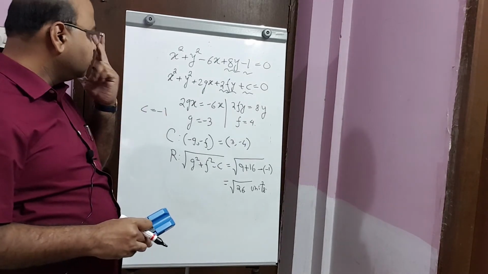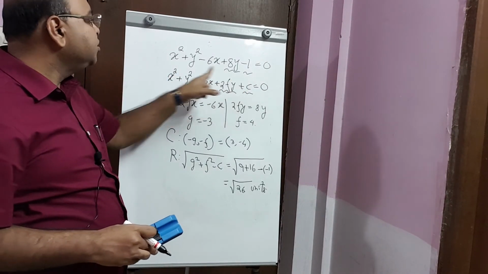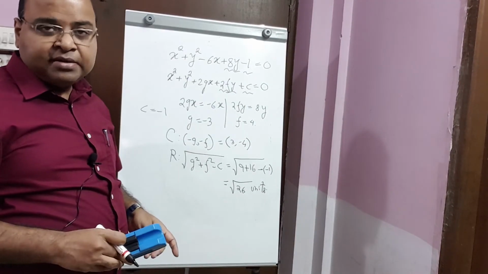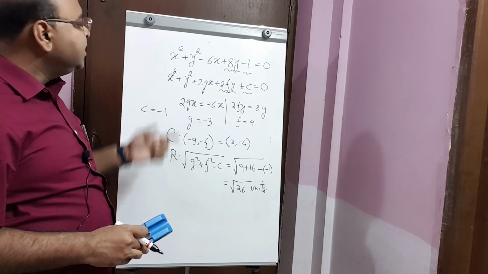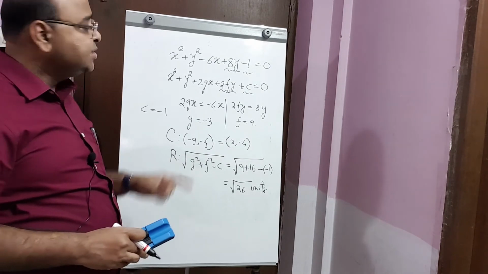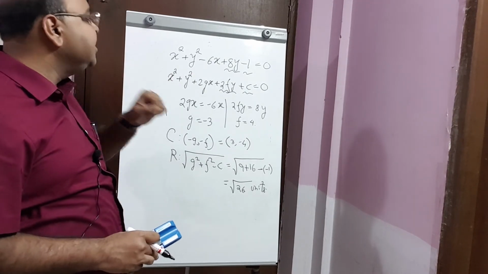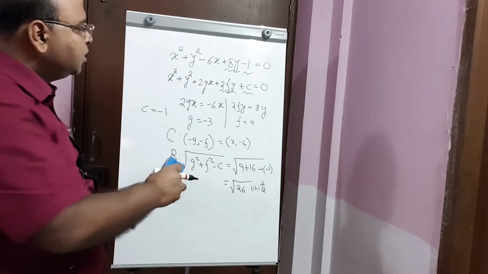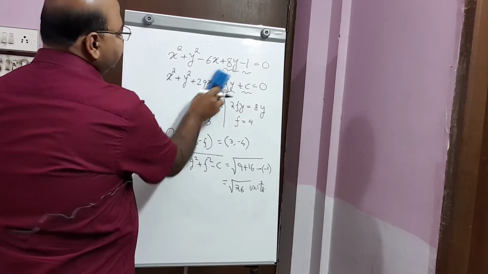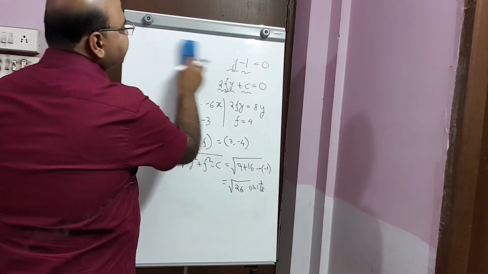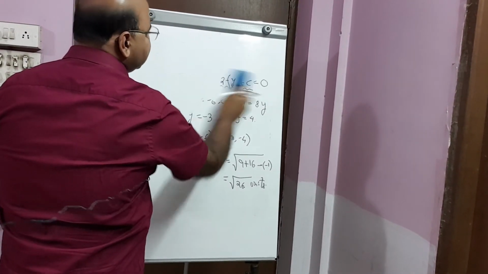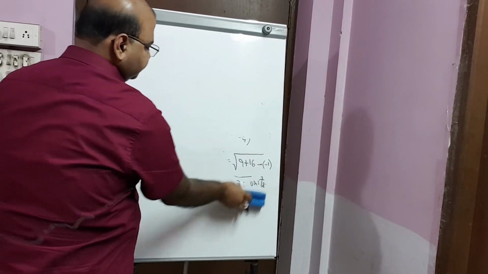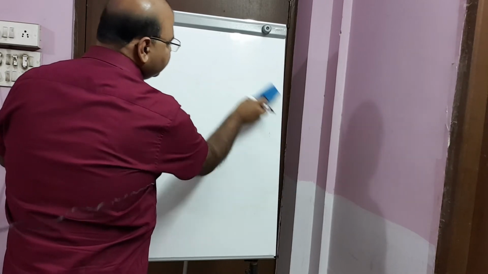Now, as we see here, the equation of a circle is finally given by a second degree equation in x and y. So let us study the condition under which such an equation of second degree in x and y will represent a circle. So let me just state the condition under which the general equation of second degree in two variables will represent a circle. Now the general equation of second degree